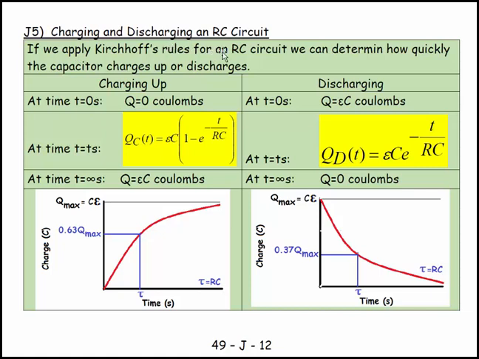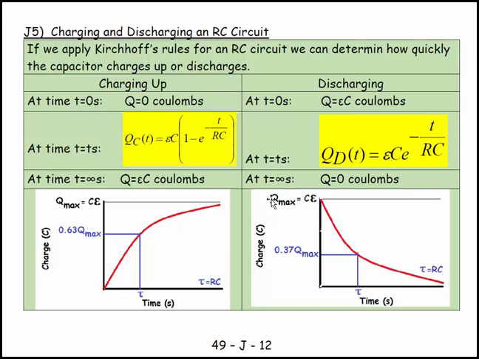If we apply Kirchhoff's rules to RC circuits, we don't actually know the Kirchhoff's rules for a capacitor, but it's basically the same rule we applied to the EMF. If we apply Kirchhoff's rules to an RC circuit, we can determine how quickly a capacitor charges up or discharges. It turns out it's a differential equation, and that's mathematically beyond where we are